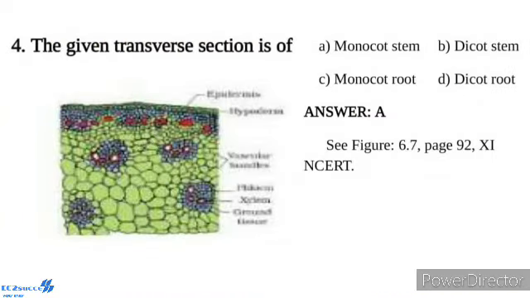Fourth question. The given transverse section shown in the diagram is of a monocot stem. A typical monocot stem, such as maize plant, binomial name Zea mays, shows the following tissues in the transverse section. Number 1, epidermis. It is a uniseriate outermost layer of stem which is made up of small compactly arranged